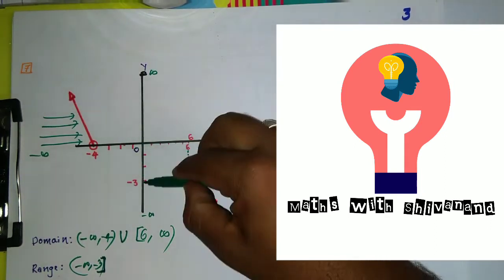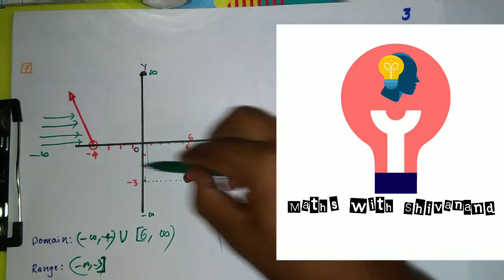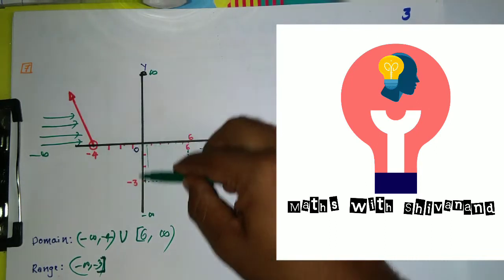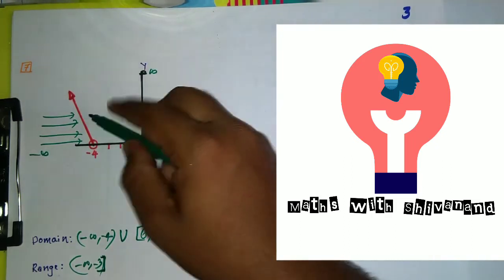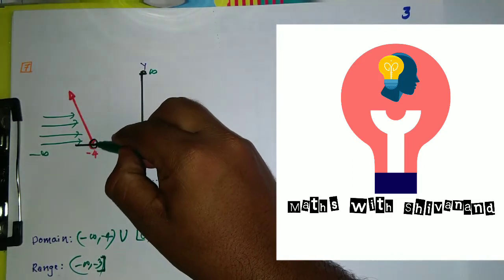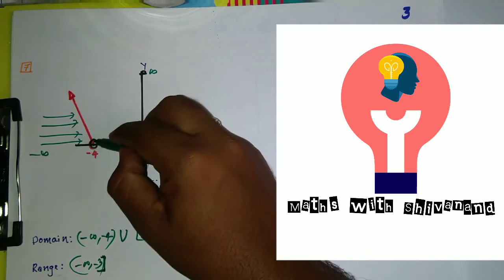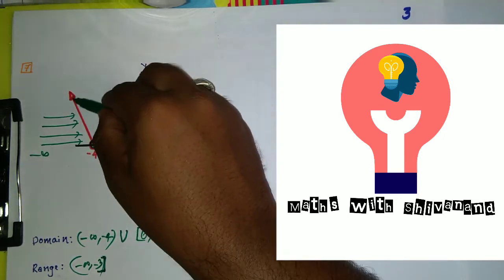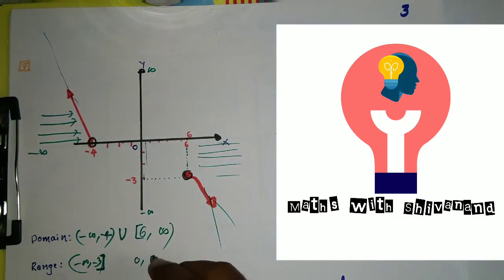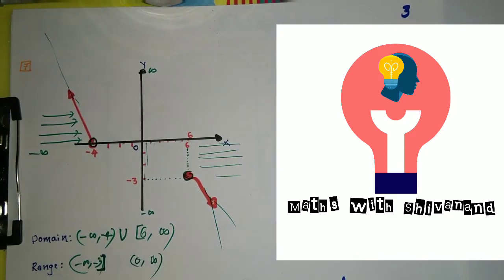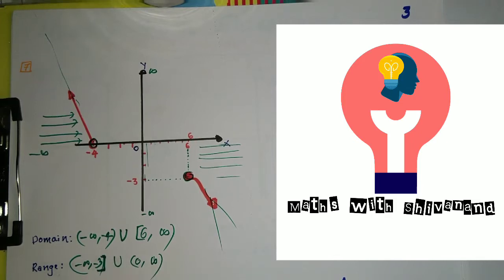After that there is no graph from minus 3 to 0. There is no value of y here, so your graph is not appearing in this part. Minus 3 to 0. Then it should run from 0 to infinity. For 0 it is an open circle, so 0 should not count in the values of y. The graph is moving towards infinity, so 0 to infinity, 0 should be open. Infinity is always an open interval. So this guy is the union symbol. Hope you understood.